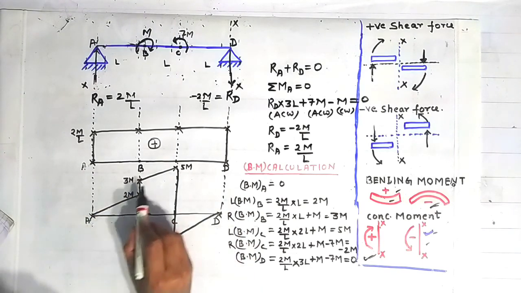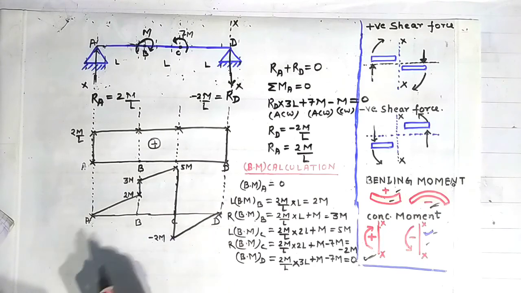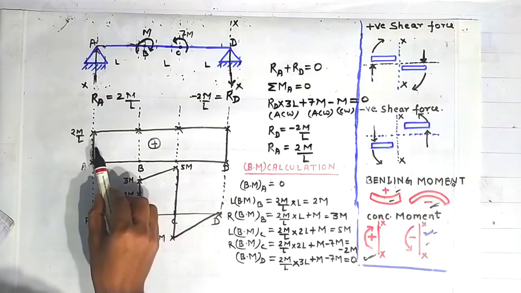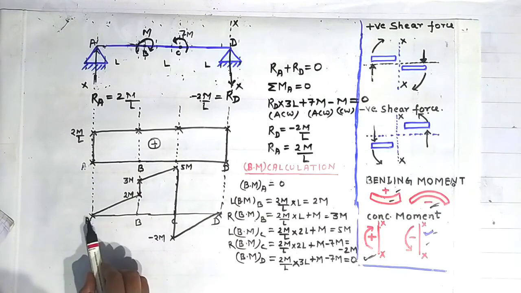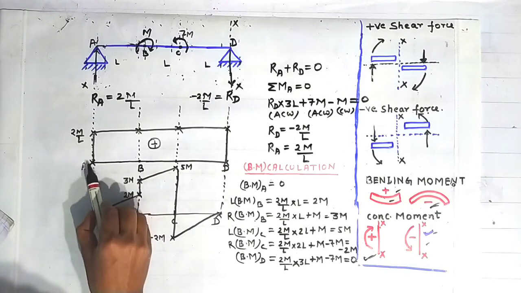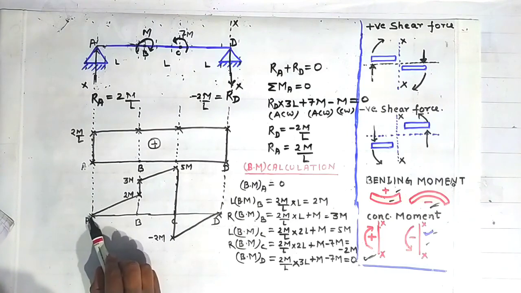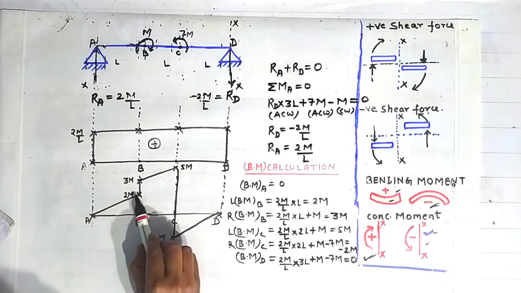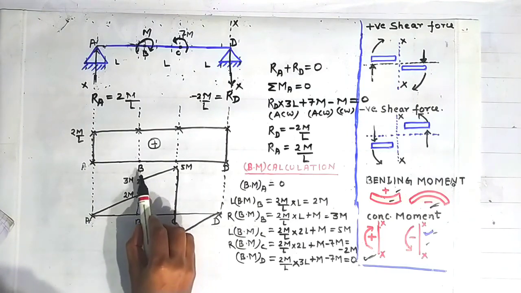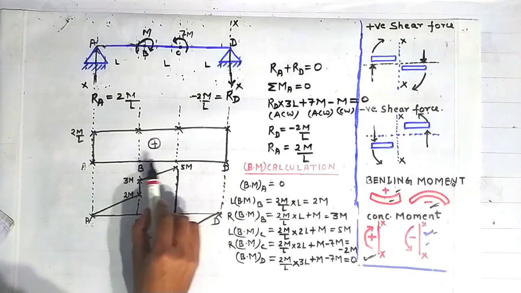Also, these lines are inclined lines because the shape of the shear force diagram between point A and B is a horizontal line. That's why the shape of the bending moment diagram is an inclined line between point A and B. Similar is true for lines between point B and C